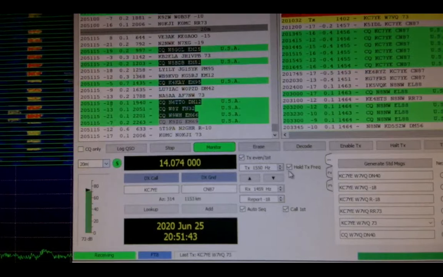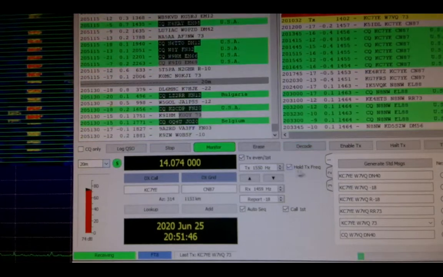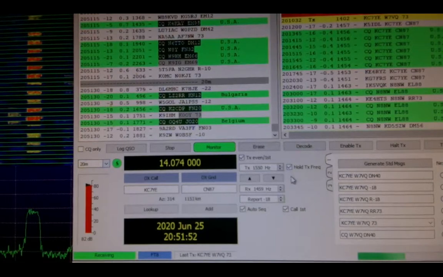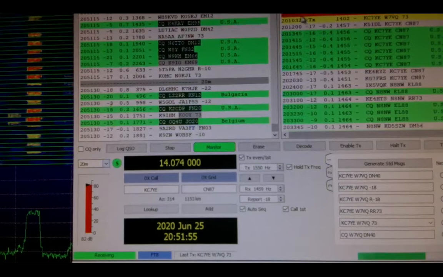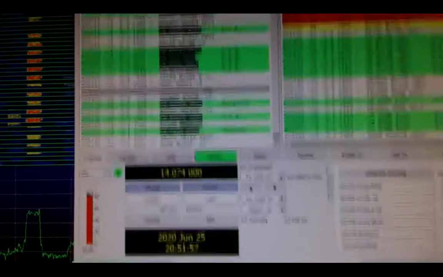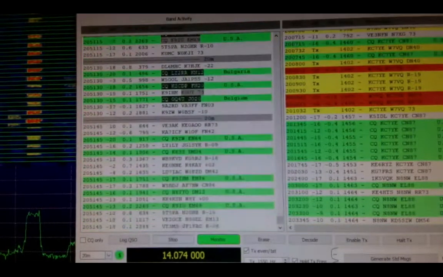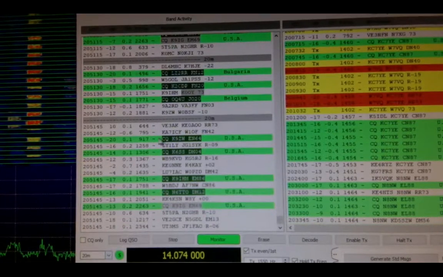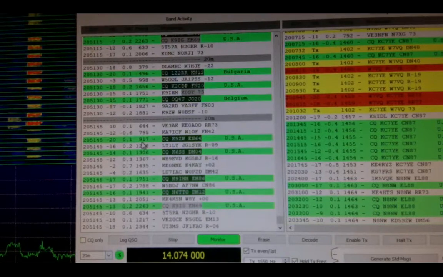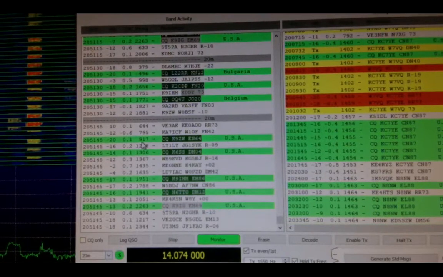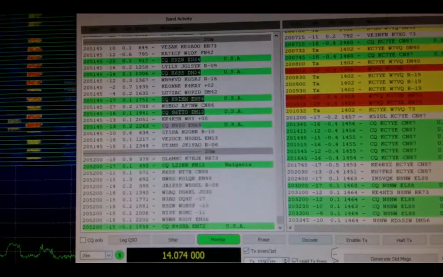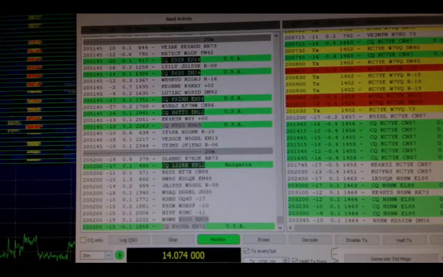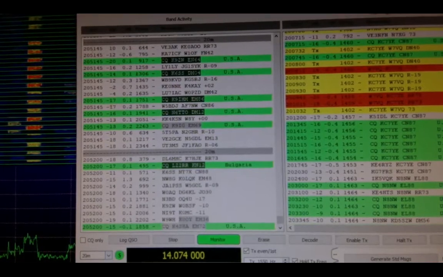One other box that I'll bring note of here, this one right here, which says hold transmit frequency. I highly recommend that you leave that clicked on. And the reason for that is that if you do not have that box clicked, what will happen is if you click on one of these stations calling CQ, so for example, this one, K9ZW, he is on frequency 917, and my current transmit frequency is sitting at 1550. But if I were to simply click on that, it would go over and I would transmit on top of him, which is not necessarily a bad thing because